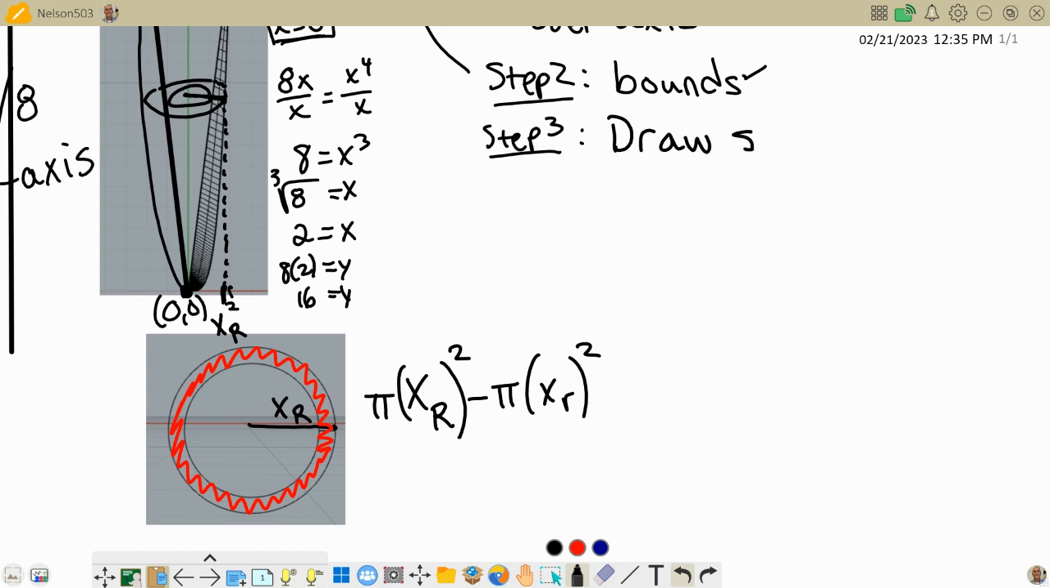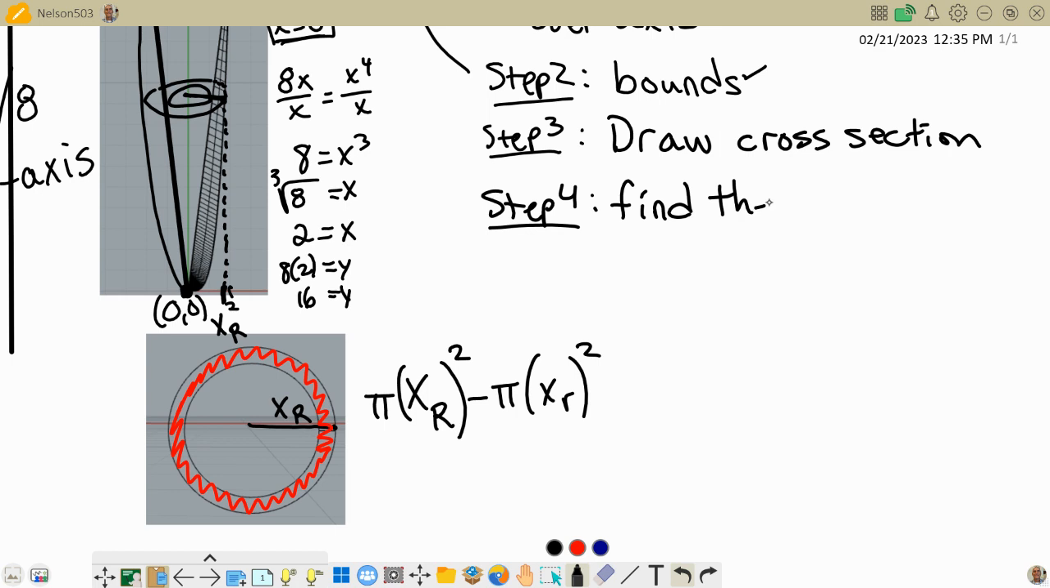Draw cross section. So cross section, okay. And then in step 4 on our whiteboard, so if you're watching this at home, like you were absent or you were making the test up during 4th period, he's got in step 4, find the area of the cross section. So that's what I'm doing right now. Find the area